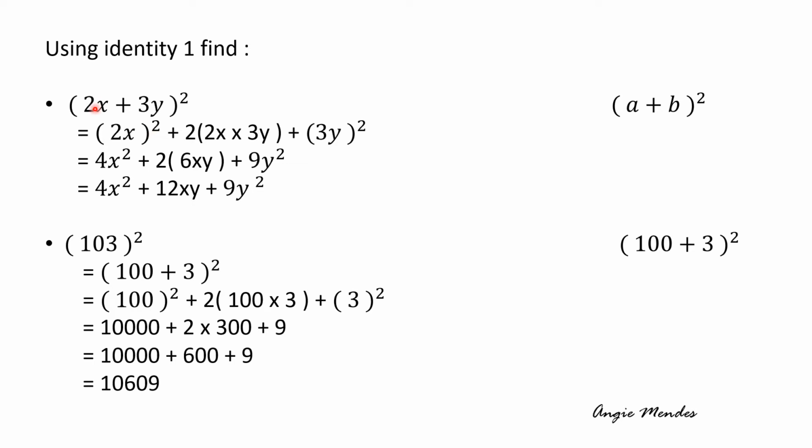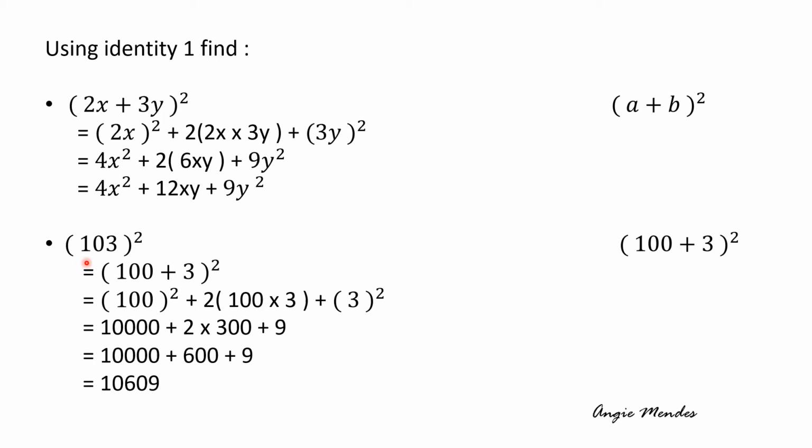So we will take 2x as a, 3y as b. So we get a² + 2ab + b². So here when we expand this, we will get the solution to the identity. You must remember what is the identity, and if you can remember that, then you will be able to apply this and solve the problem. Now here we can easily identify that this is (a + b)².